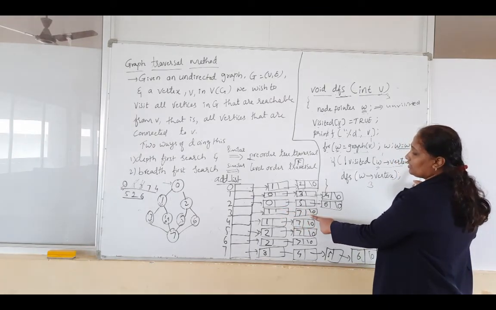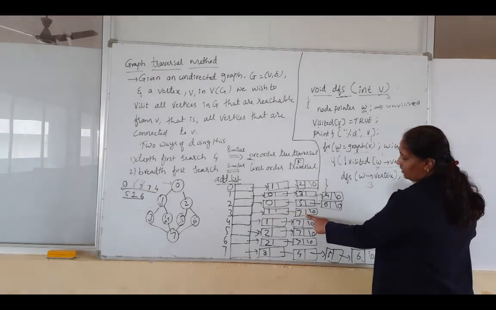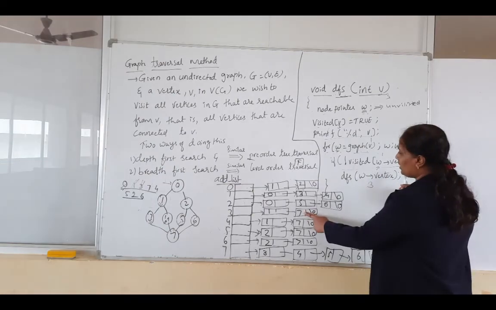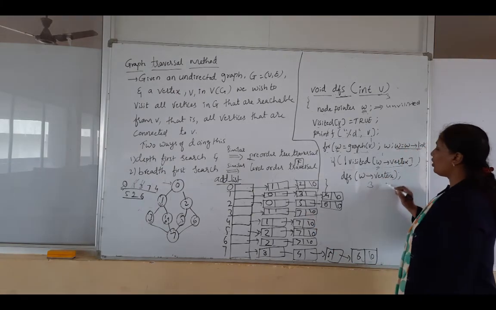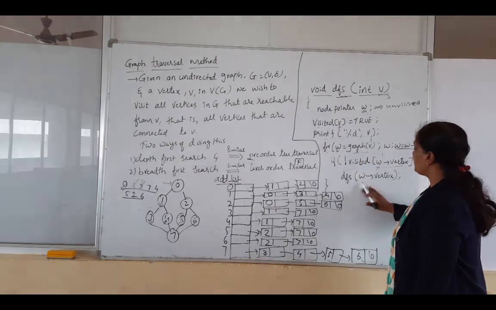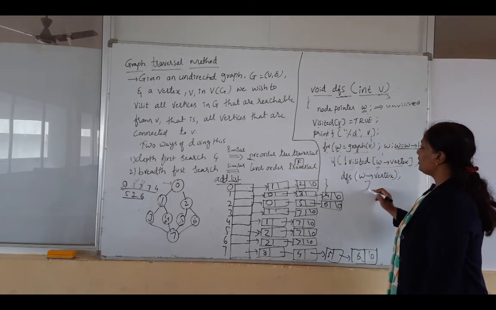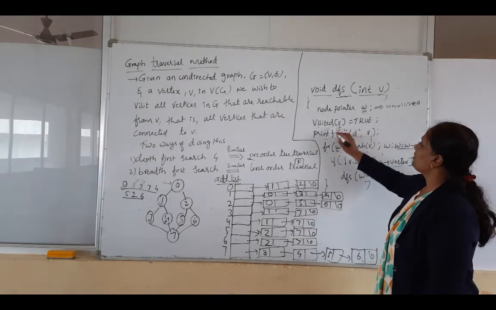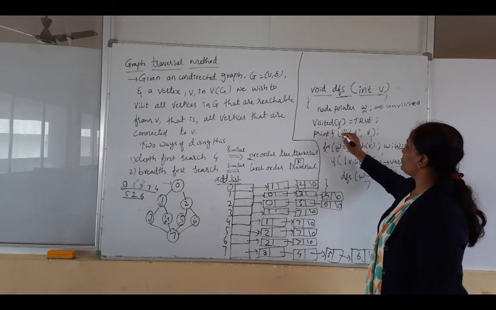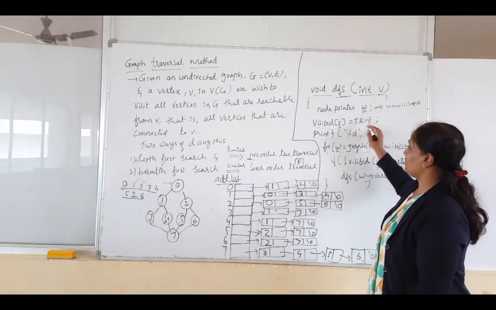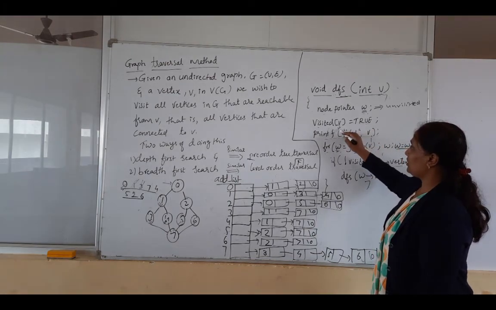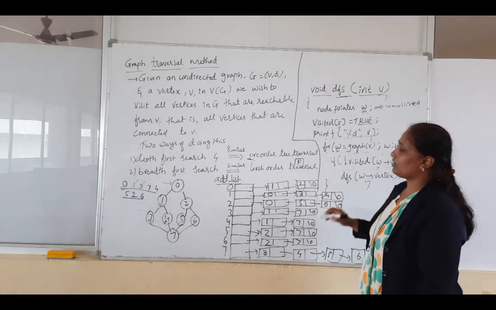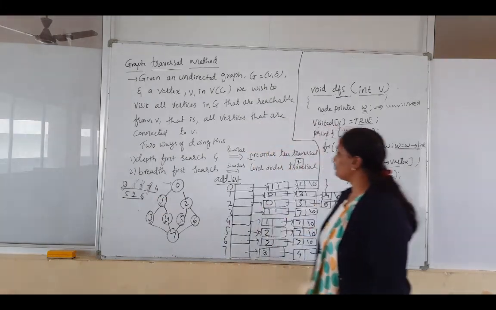So what is there in the next link? The first is 1, the second adjacency list value is 7. So we are going to check whether 7 is visited or not. Yes, it is not yet visited. You are going to visit that, which means you are going to pass that to the DFS algorithm. So now the V value becomes 7. Next, you are going to make 7 visited and set its value to true. Next, you are going to print that. So here you are printing 7.